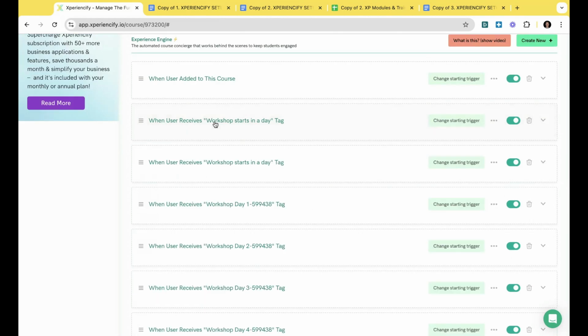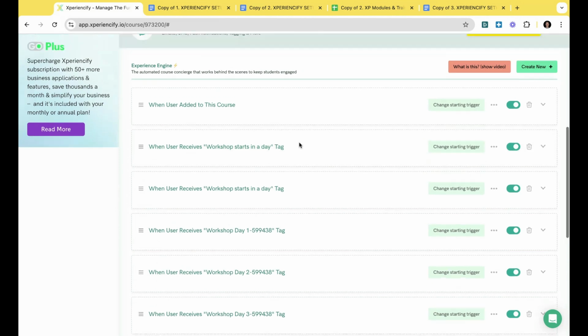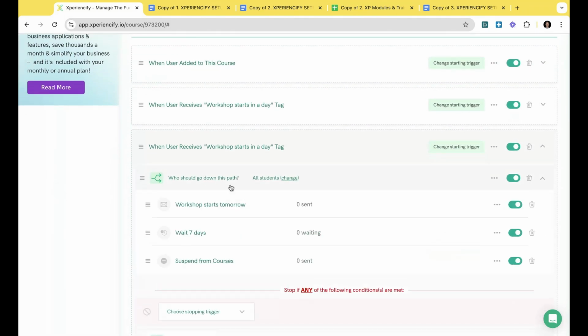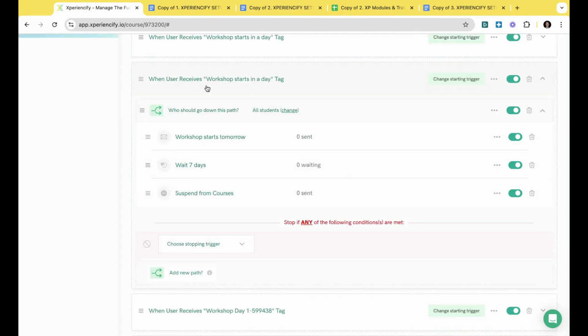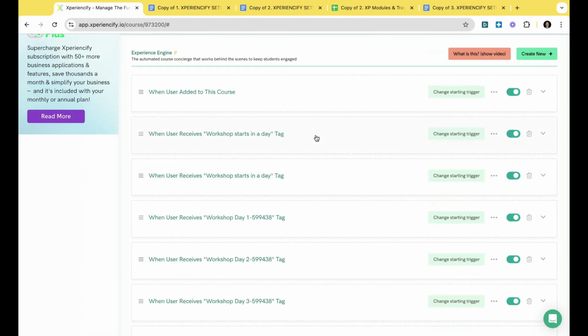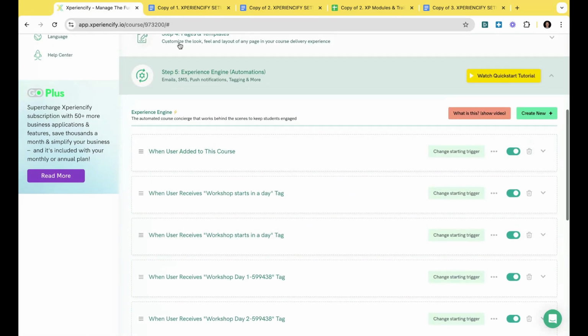You can send them new emails. You can release bonuses or unlock replays, etc. So what is available here in the Experience Engine is really up to your imagination.